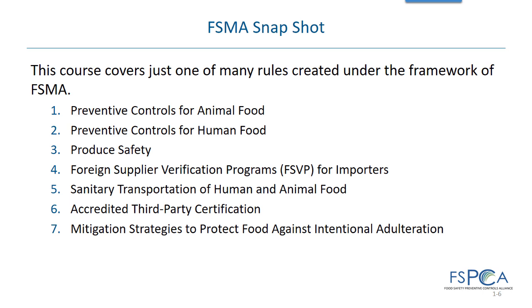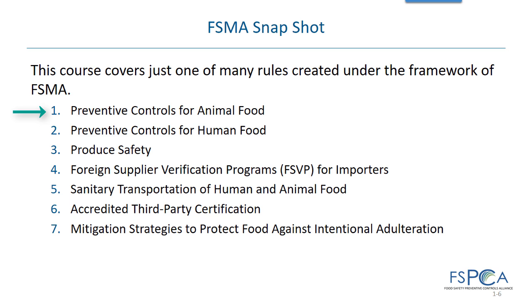Here's a list of the 7 different rules that were created under FSMA. We are just going to focus on the preventive controls for animal food rule. But there's also preventive controls for human food, a rule about produce safety, and rules about foreign supplier verification programs, sanitary transport, accredited third-party certification, and mitigation strategies to protect food against